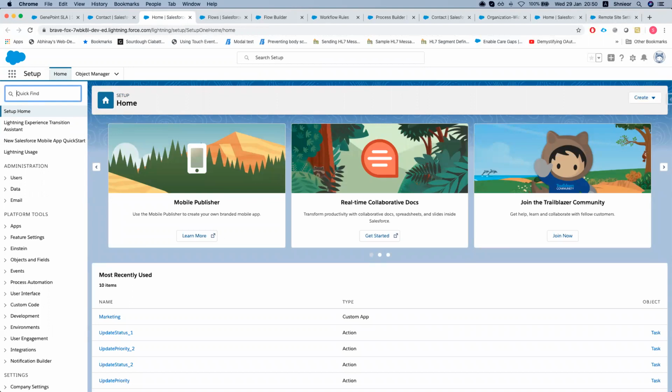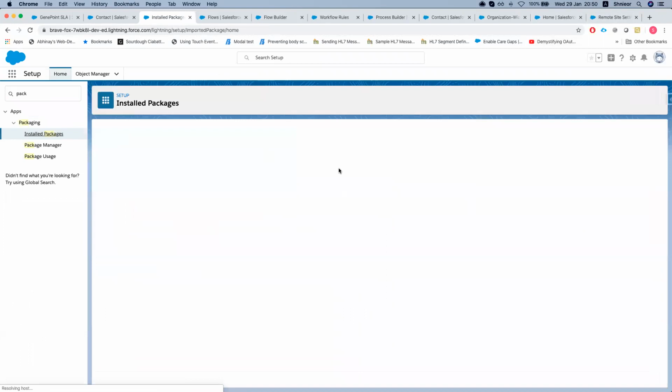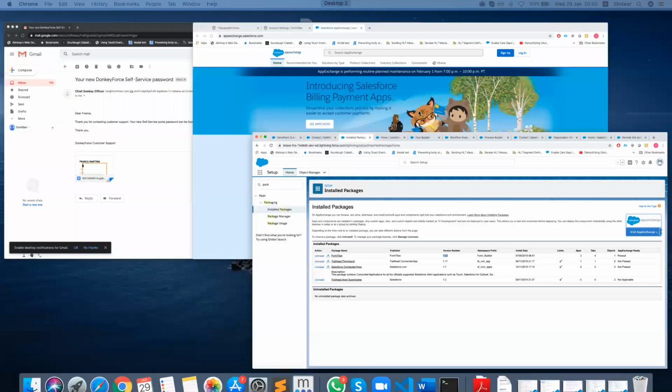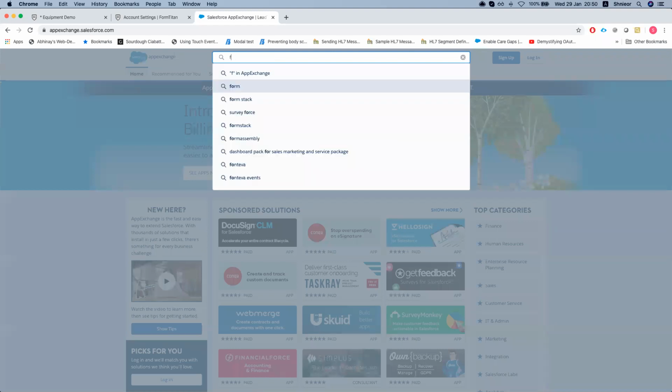But the easiest way to do it is if you search for packages and go to Installed Packages, and look at your Form Titan package, right now I can see that it's version 1.22. And if I go to the AppExchange and go to the Form Titan app,